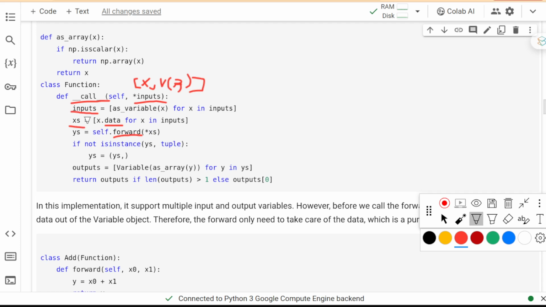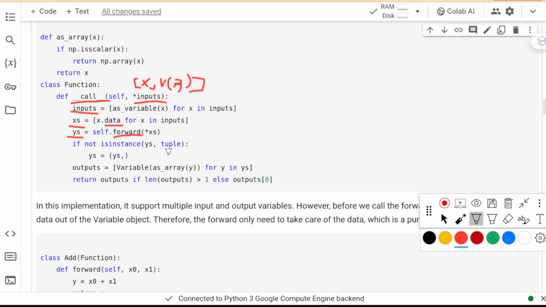The star means that we will expand this array into a list of arguments for the function. So the forward function can take one argument, two arguments, or any number of arguments, and we can return a number of outputs. It could be a single variable, a single value, or a tuple with multiple values.